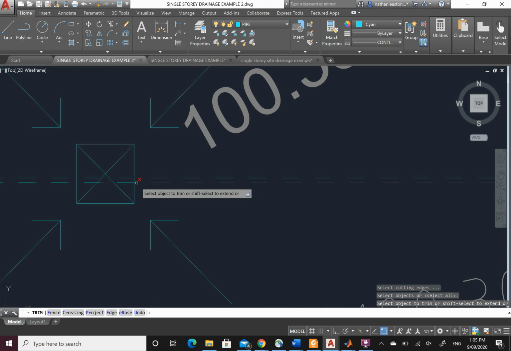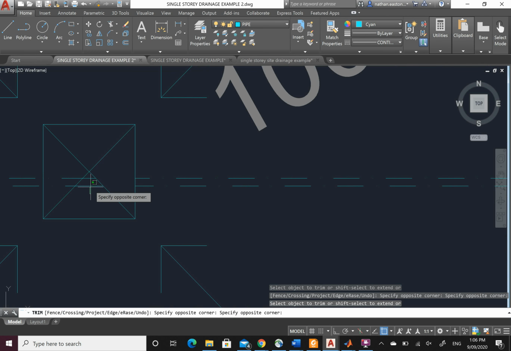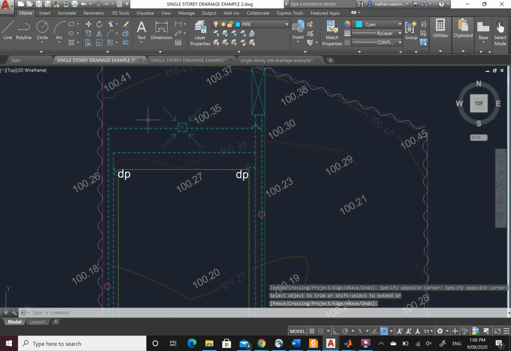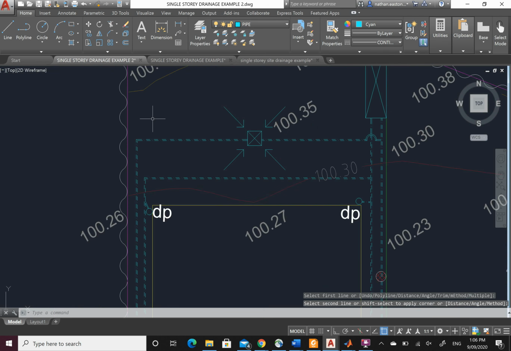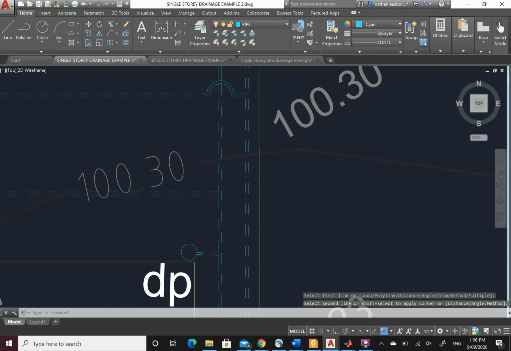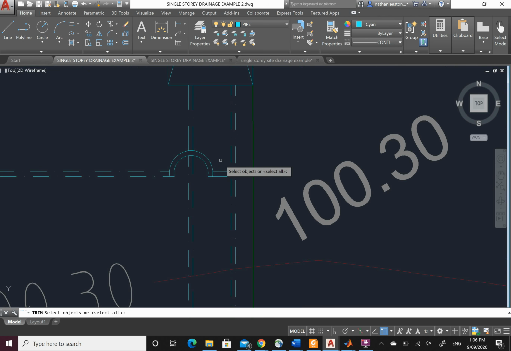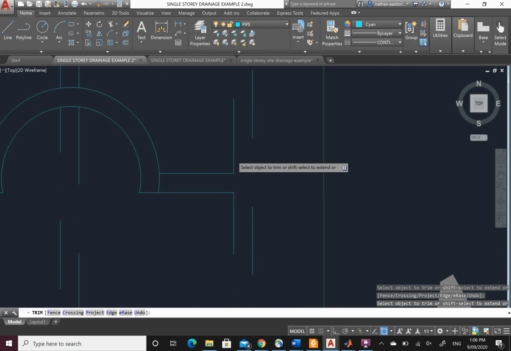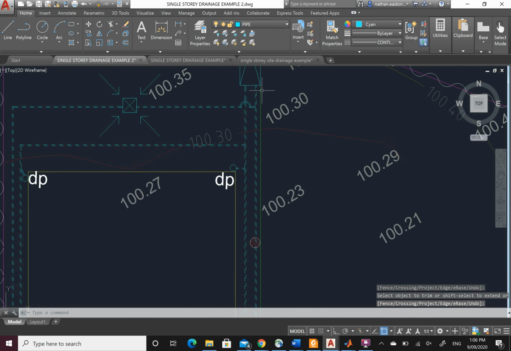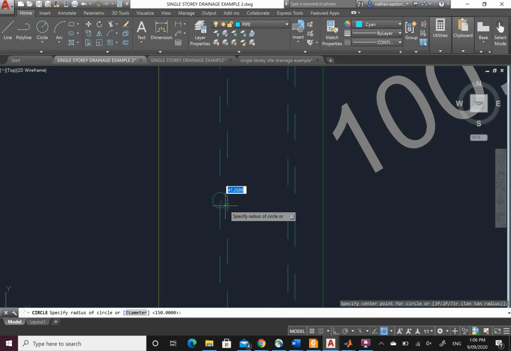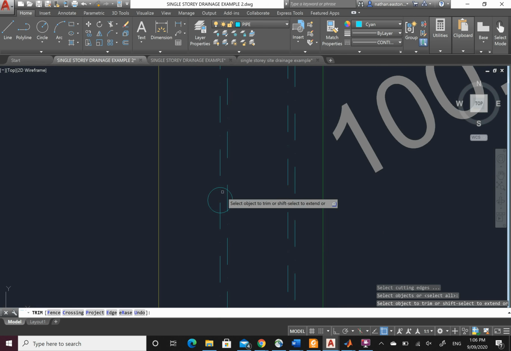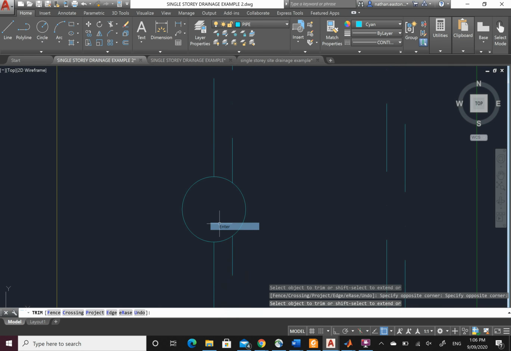So we just have to come through and tidy it up. So let's tidy these in here. Chamfer on this corner here. Let's trim in here. If you start getting it looking like this and you don't like the look of it, what you can do is you can draw a circle somewhere, trim inside of the circle,